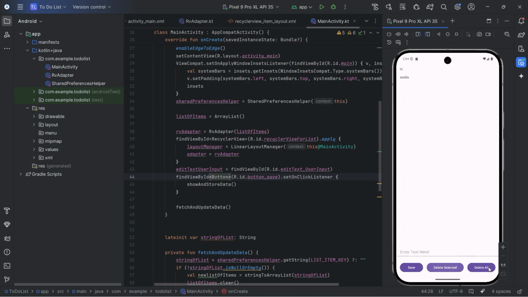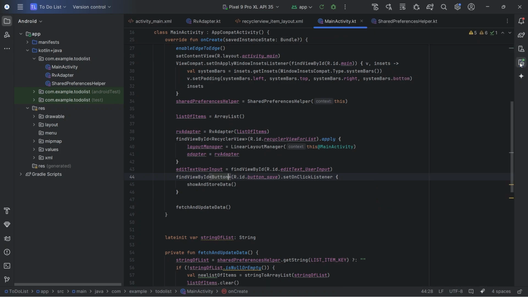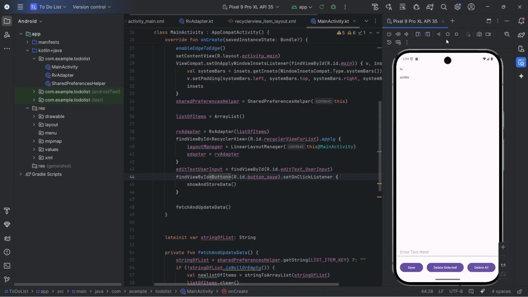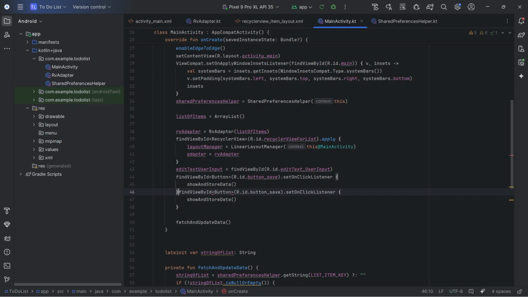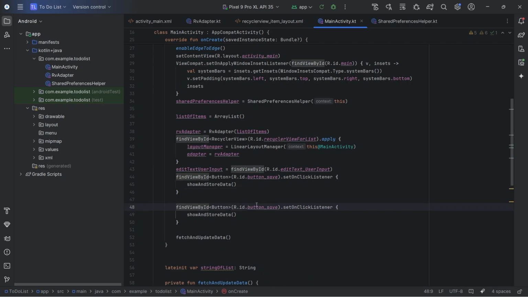Right now this button is not working, only save button is working. Okay, let's do something. We will hide this. We'll close the application first, and here we will just copy this line. Okay, and here what we will do is we will say delete all, and we will remove this method from here,